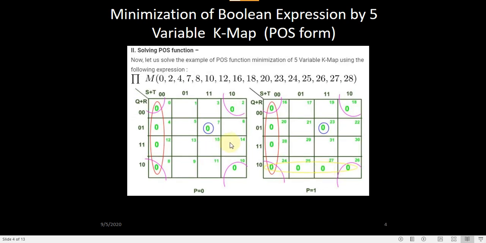So we go to one product of sums example. Excuse me, sir. Yeah, tell me. What if we made a 4 by 8 or 8 by 4 K map, and we do the numbering as how we did for gray code for the 4 by 4 K map? Is it still possible to get a simplified expression? Yeah, it is possible. I'll show you one example that way also. Okay, next slide. I'll show you that.